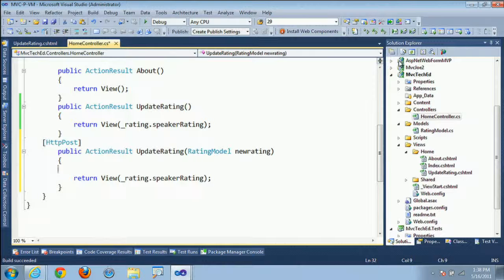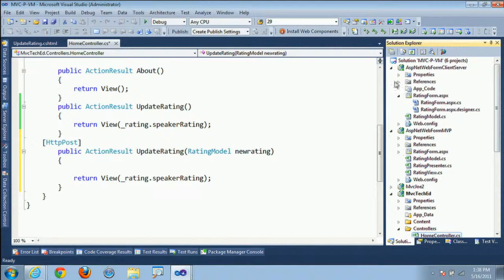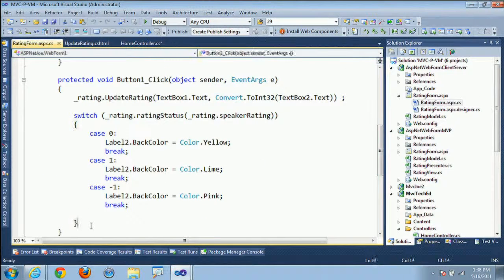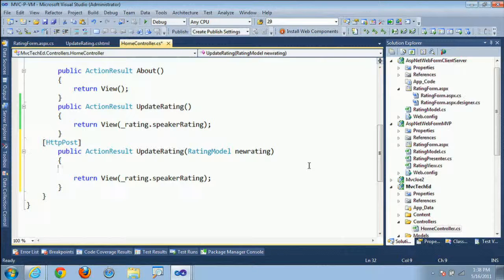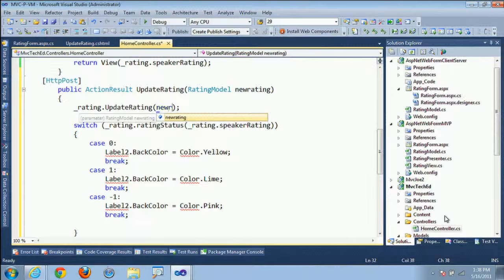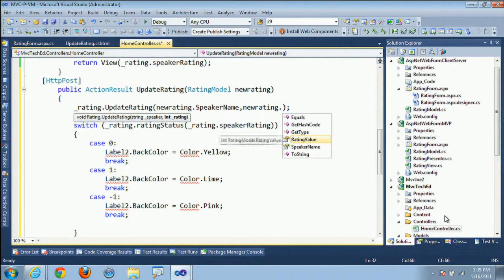Well, let's go and just take that code from the ASP.NET web form. Nope, that's the MVP example. And here's what we did, right? Let's put it inside of our home controller. Now we better change these two items that it's passing, right? It's not going to be passing text box 1, but it is going to be passing new rating dot speaker name, new rating dot rating value,